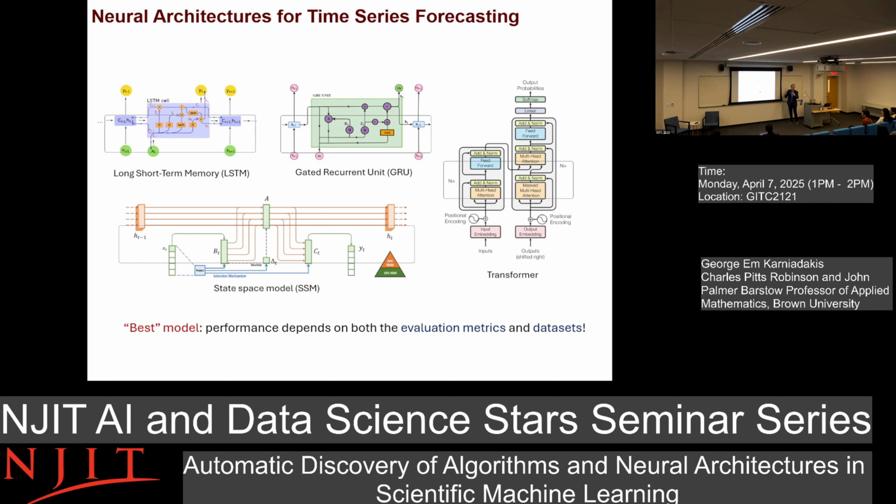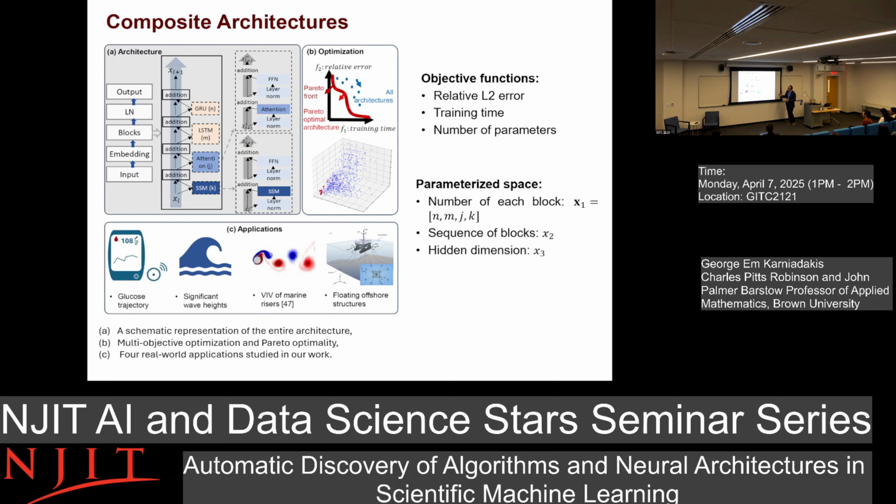If you're a boss, you're conservative. If you are a young student, you're very bold and you choose different weights and so on. So the idea therefore is, just like I did before, I take all this together and then discover which one is best. So how do I parameterize this? Well, I'm going to use a composite architecture. I'm going to use Jamba, the SSM, K blocks of it. I'm going to use J transformers. I'm going to use M LSTM, and I'm going to use N GRUs. Now, if I find K to be 0, because I will parameterize, then that's not there.